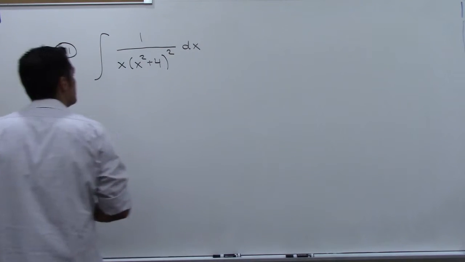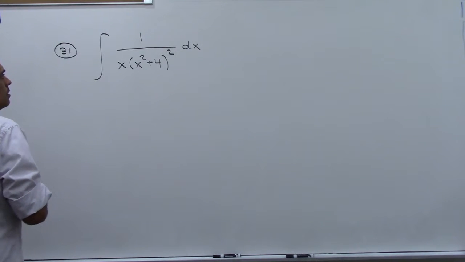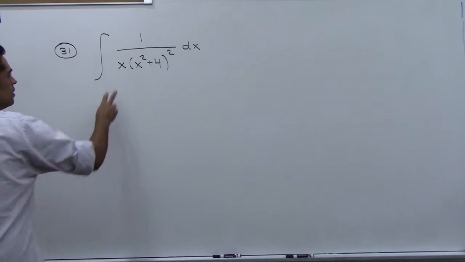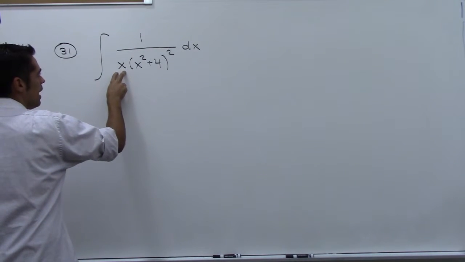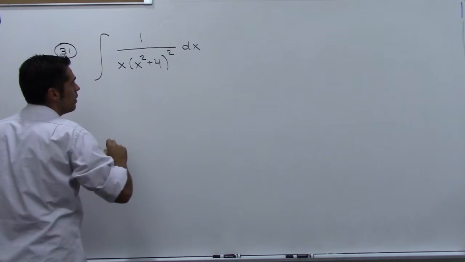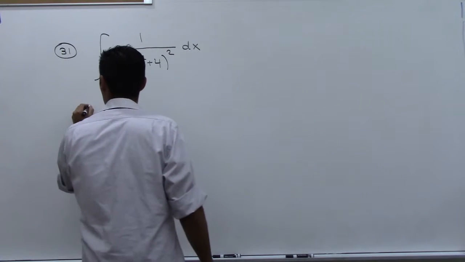Okay, so I've got another rational expression. I do not need long division. I'm going to look at a distinct linear factor. Here's an irreducible quadratic factor, but it's being squared. So what I'm going to need to do is rewrite the integrand